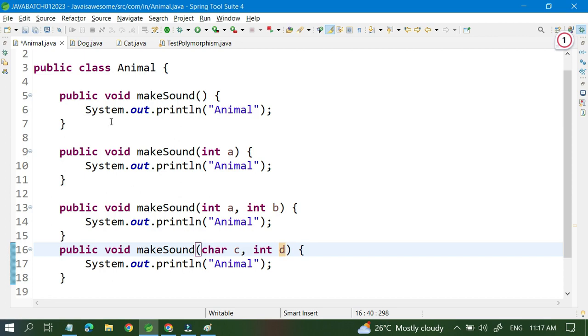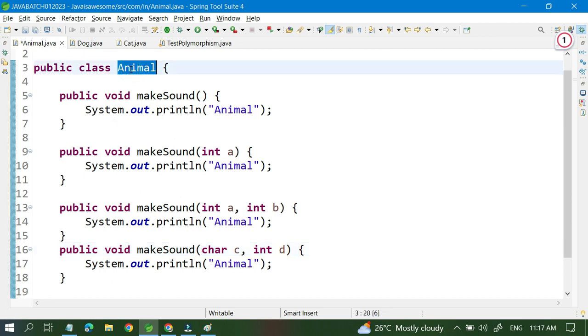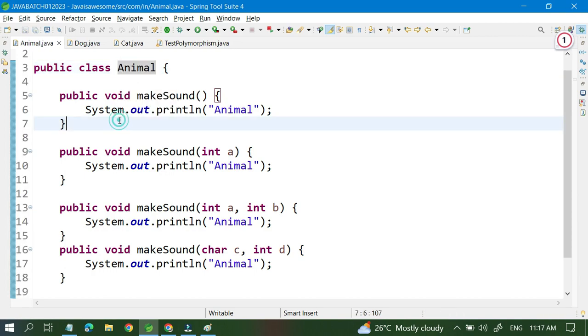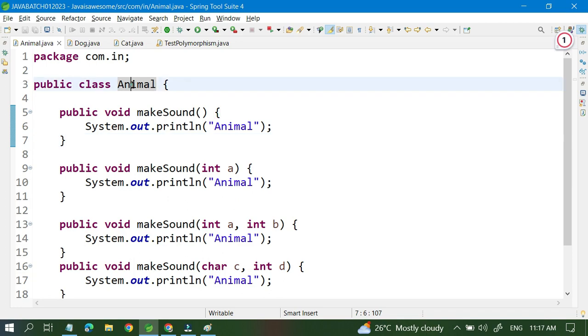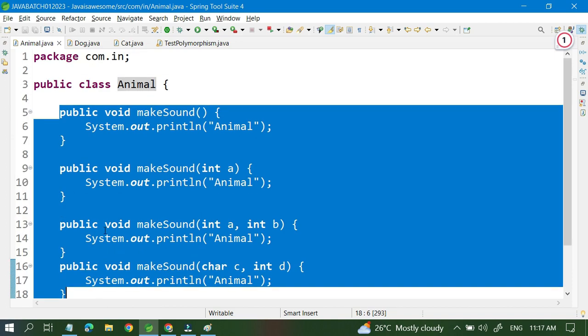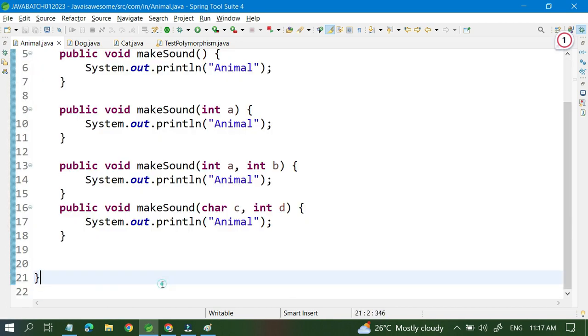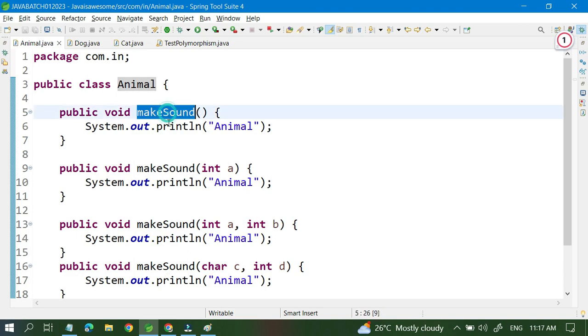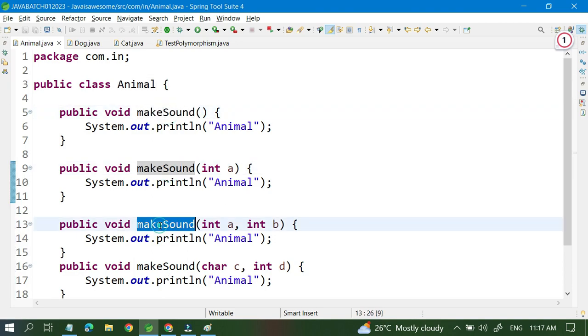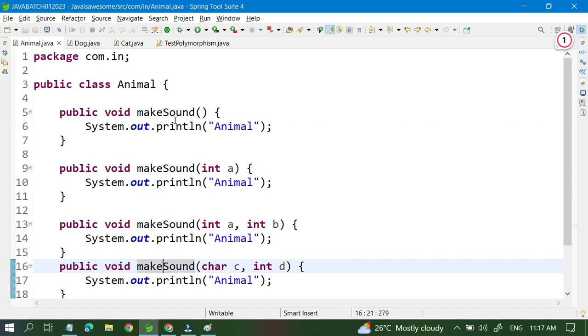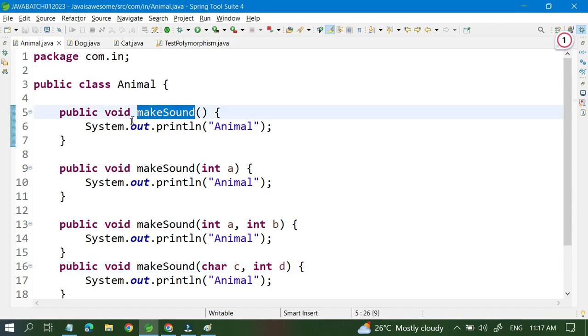So in one class, if someone asks you what is method overloading, you can simply tell with that example: in one class having multiple methods with the same name with different parameters,